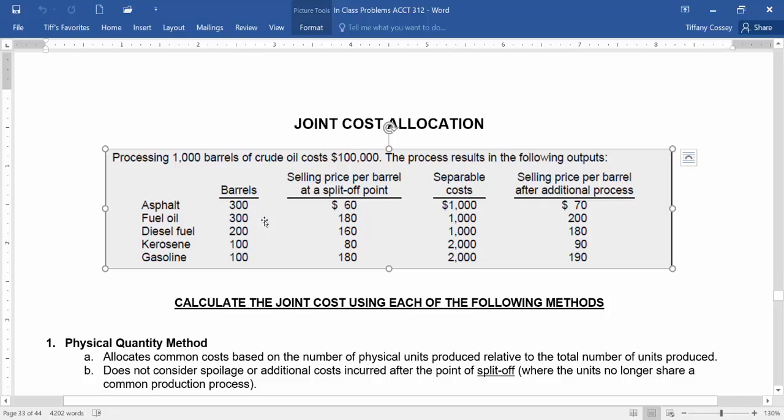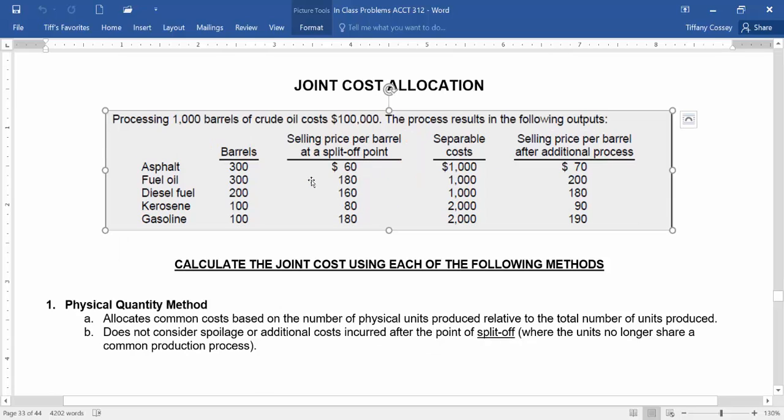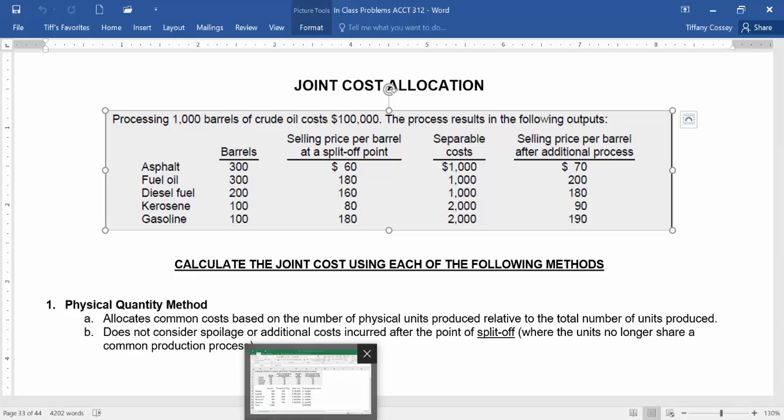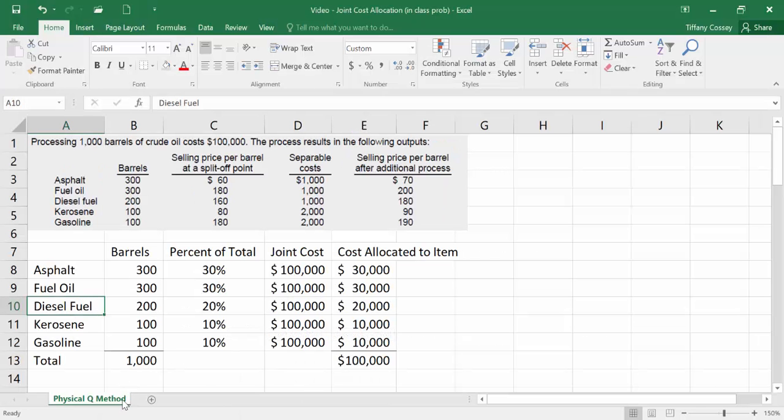So for asphalt, it's $60, fuel oil, $180, etc. And here are the number of barrels that we have for each item. So what we're going to do is take the number of barrels times its selling value at split-off to figure out the total for the line. We're going to add together those totals and then figure out what each line represents percentage-wise of that total. And when we do this calculation, we are not going to consider any spoilage or any costs incurred after the split-off point. So I think it's going to make a little bit more sense if we go over here